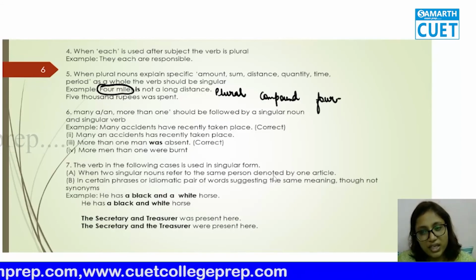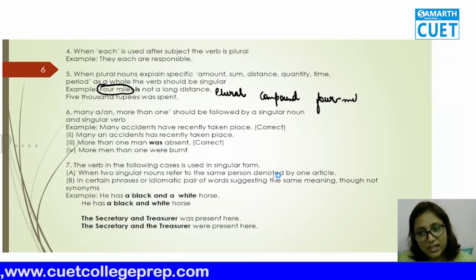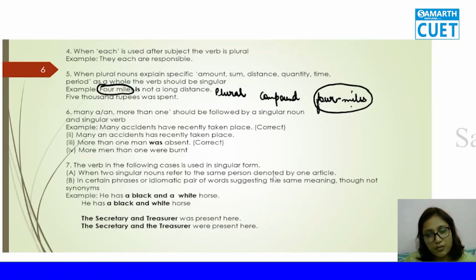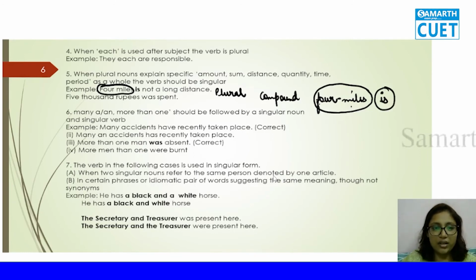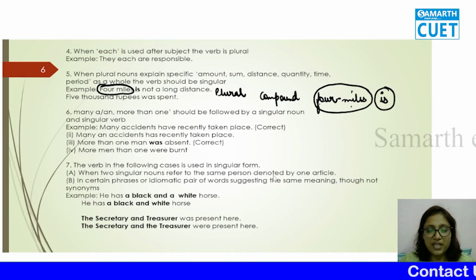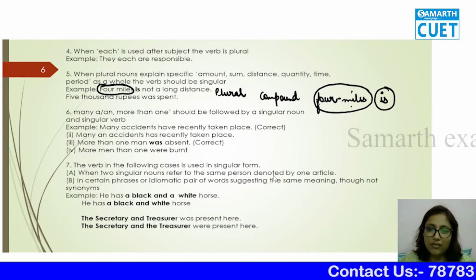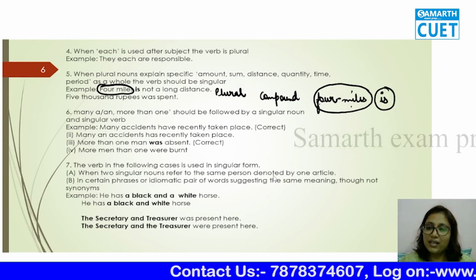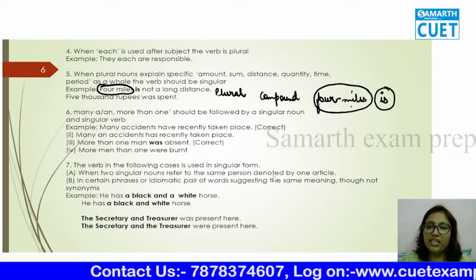So we are using number plus miles. So 4 miles makes one word, and it will always take a singular verb. When plural nouns explain specific quantities, don't go for all this, just understand: 4 miles, 5 kilometers